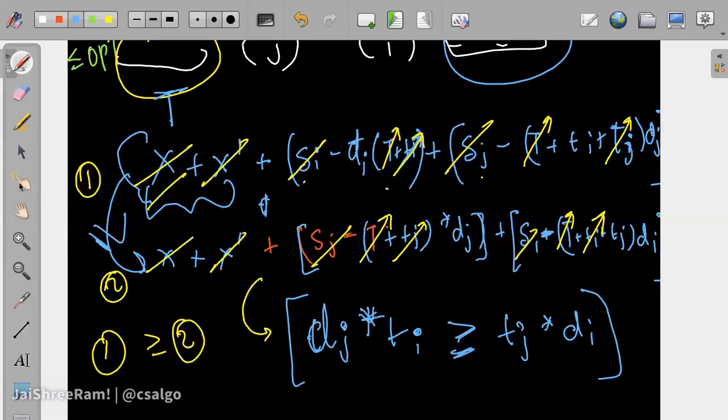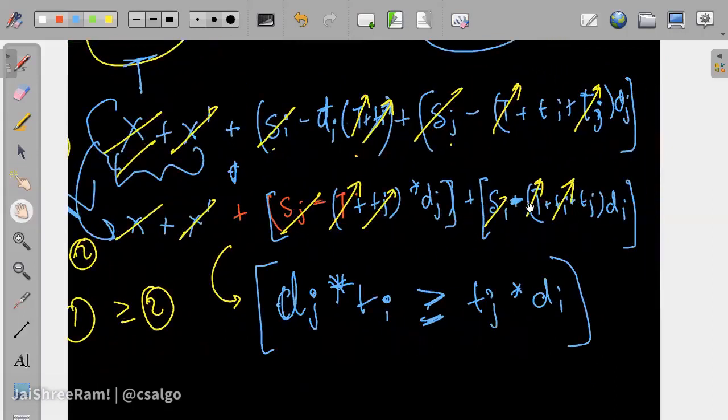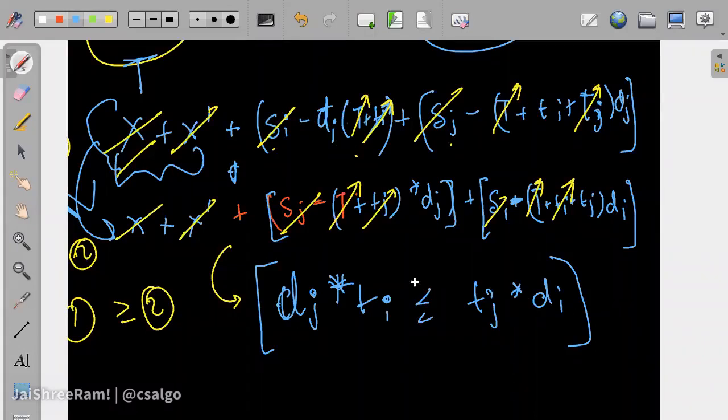You forgot the negative sign in this. Just a second. Ti, dj, yeah, negative. Okay, so yeah, true. So over here we will have to take this, right? Yeah. So over here we have negative t of I and negative t of j times t of I. So we will take that to the other side, and we will take this negative to the other side. So this sign will change basically, right?